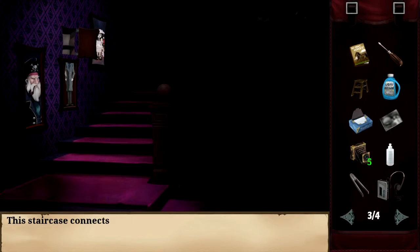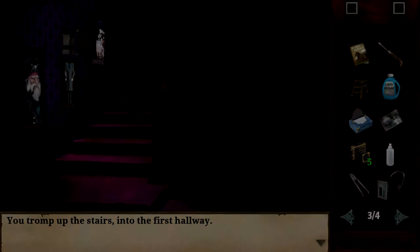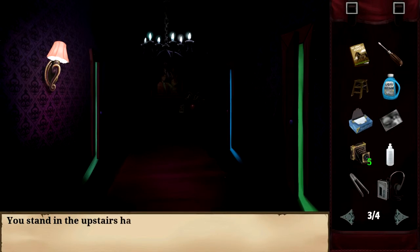Okay, so we still haven't figured out how to get into the attic. The staircase connects the first and second floors of the house. Okay, so I don't know if I showed this earlier. I took a picture of the monster blood in the